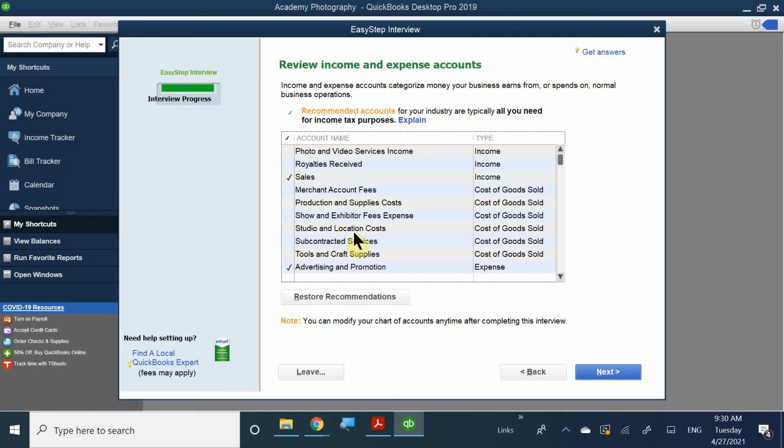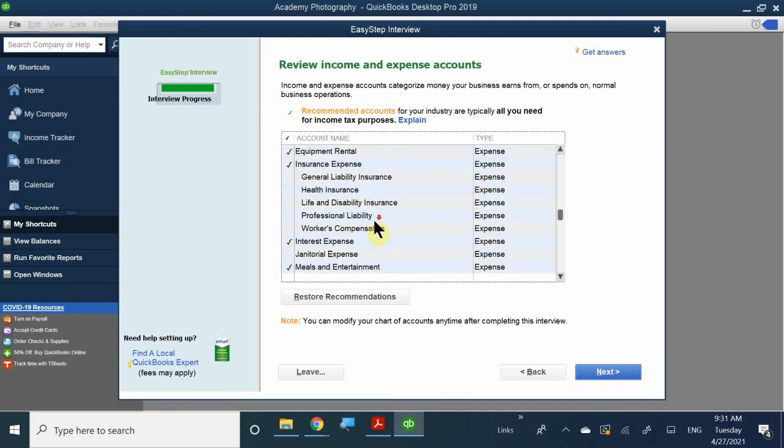Okay? Now, the only thing that you can't do here is delete, edit, or anything like that. This, once again, is just asking you to select it so then QuickBooks can create it for you. There's nowhere on here that says that you can edit or delete the information, because it's just asking you to select what you think could be a possibility of an account that you could have, right? Instead of having to create it on your own. So in this case,